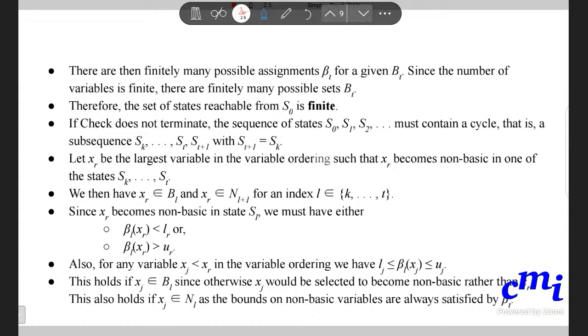Let's assume that this happens at time l. So xr belongs to basic in bl and it belongs to nl plus 1. So it becomes non-basic at time l. Now since xr becomes non-basic in this state, we must have that